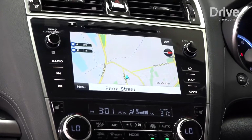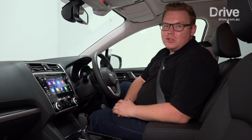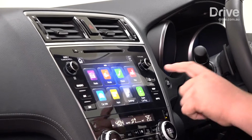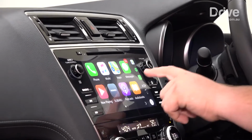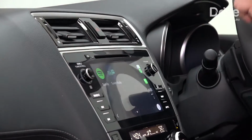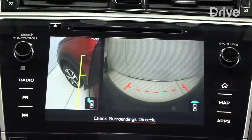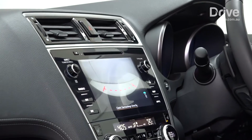safety suite. Subaru reserved the most important changes for the Outback to the interior, which now features a new tablet-style infotainment system loaded up with Apple CarPlay, always a welcome feature. The brand has also updated its EyeSight safety suite, which includes autonomous emergency braking, active cruise control, and other cool stuff like that. There's also a new camera system on the front and side of the car that helps you